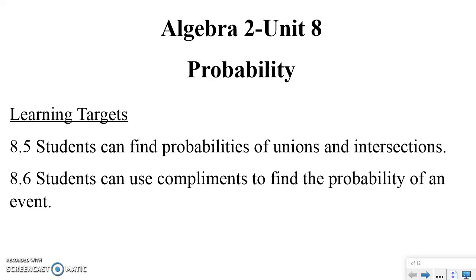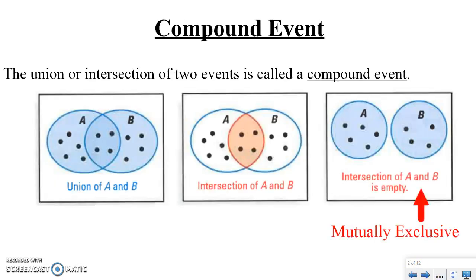Today we're going to continue our lessons on probability, and we're going to focus on finding compound probabilities, or probabilities of unions and intersections. We're also going to use complements to find the probability of an event. Okay, first thing you need to know is that a union or intersection of two events is called a compound